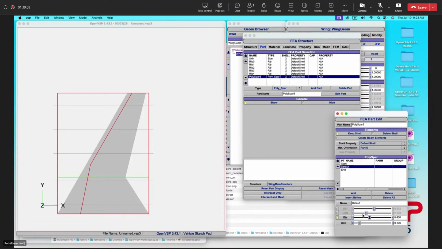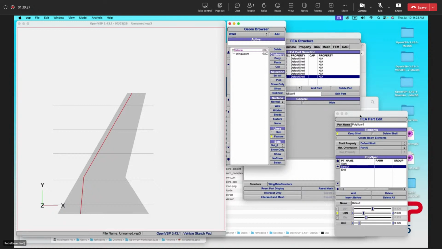Or if we don't want to work in terms of eta, and we know that, okay, we have our cross sections, 0, 1, 2, 3, whatever that is. If I place my eta close to that planform break, and I know that's where I want it, I can just switch here to U of N, and I know that to put it exactly on that planform break, I just set it to 2. I'm going to turn that off so we don't have the bounding box. So that's how you define a polyspar